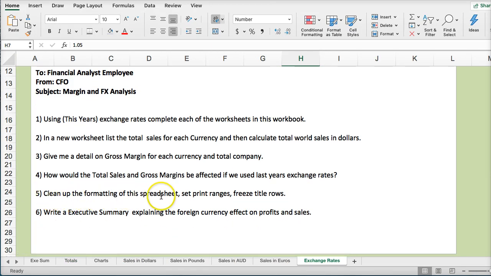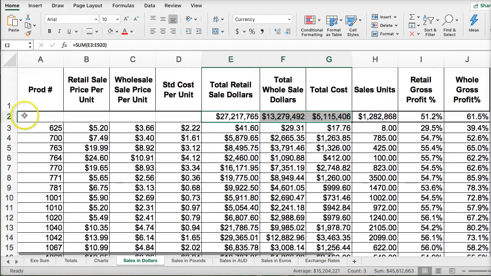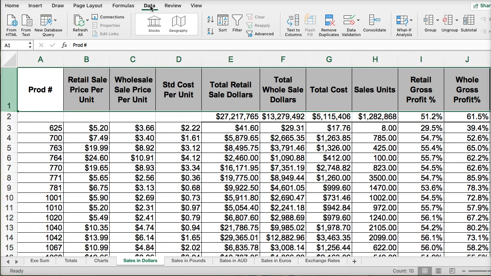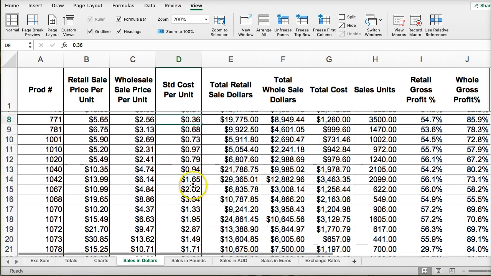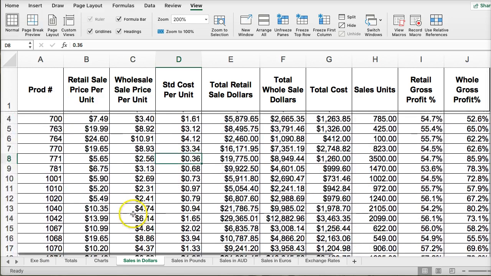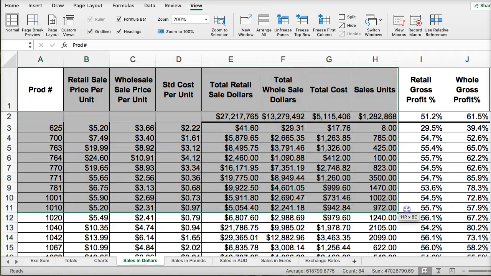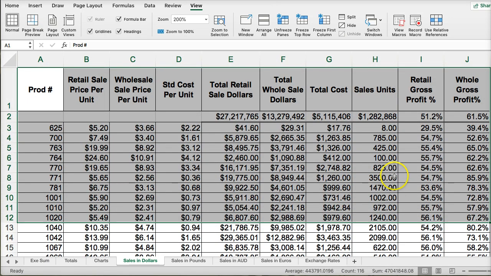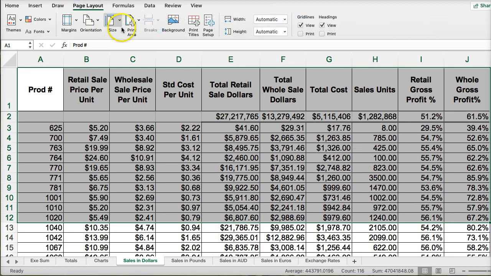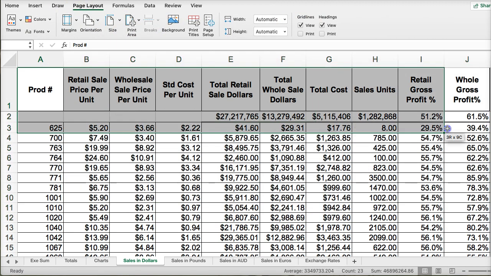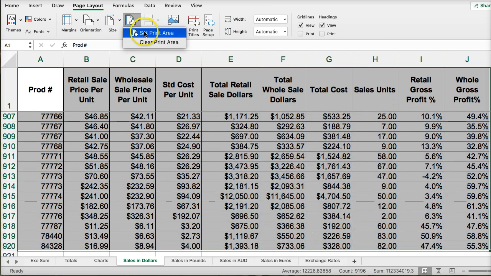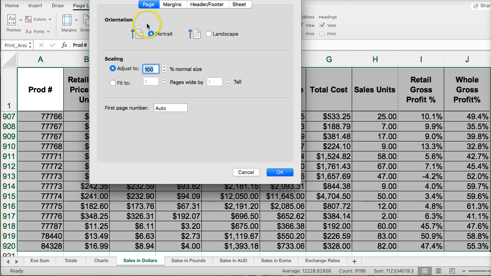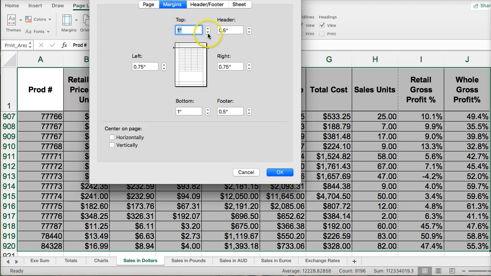And clean up the formatting, set print ranges for each title rows, and write an executive summary. So that makes sense. To go up here and say View, and we want to freeze top row, so that when we scroll, we always get the totals in there. And then we'd want to highlight the area and set print ranges. In the Page Layout, we could highlight the area, set the print area, and go to Page Setup and adjust margins